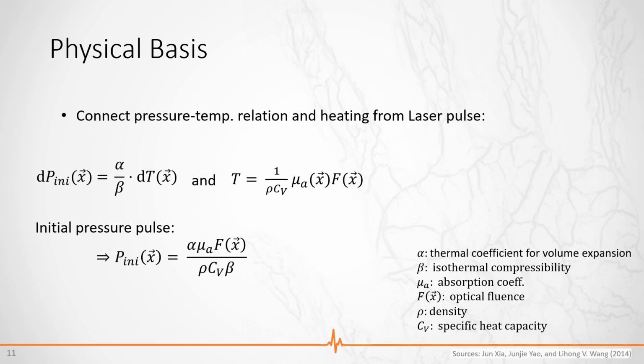We can see that most parameters are independent of wavelength and constant in the ultrafast dynamics of the laser pulse interaction. Therefore, we summarize them into the Grüneisen parameter. And now we have a quite concise formula which tells us a lot nonetheless. We can see that for a stronger signal, we can either choose a stronger laser, but this is confined by what the tissue can take until it is damaged, or we find a wavelength where our target absorbs light more